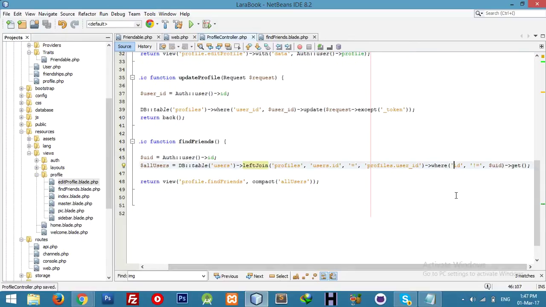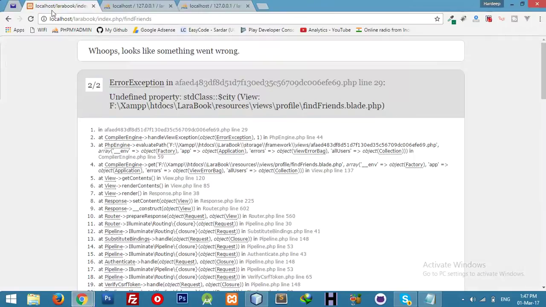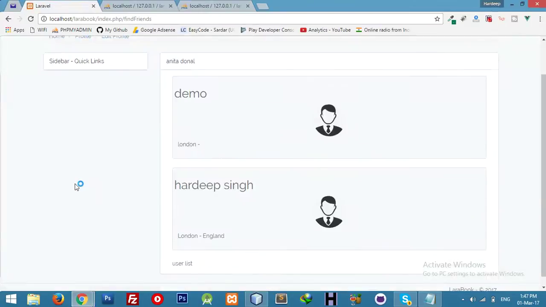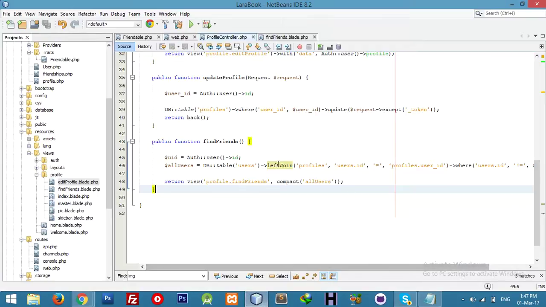and users dot, not user id get. Now let me check it's working. Yeah, it's working, but our pic is not. So test with right join. Okay,